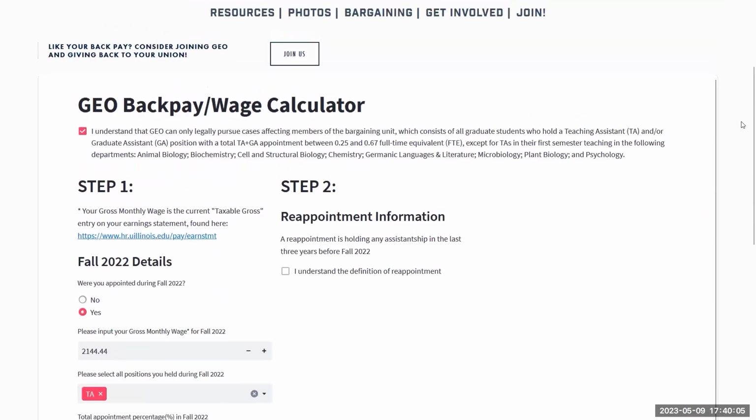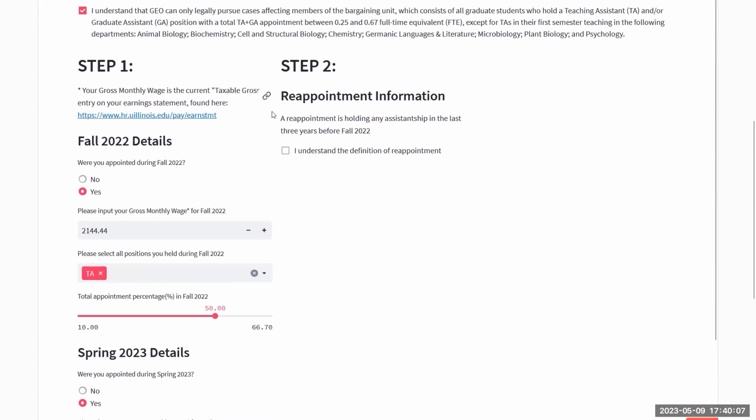And then move on to the second column. This asks if you were reappointed to this position. The administration has clarified that the definition of reappointment is quite broad. Reappointment to any position during the current academic year counts as a reappointment if you held any assistantship prior to fall 2022. We will select yes